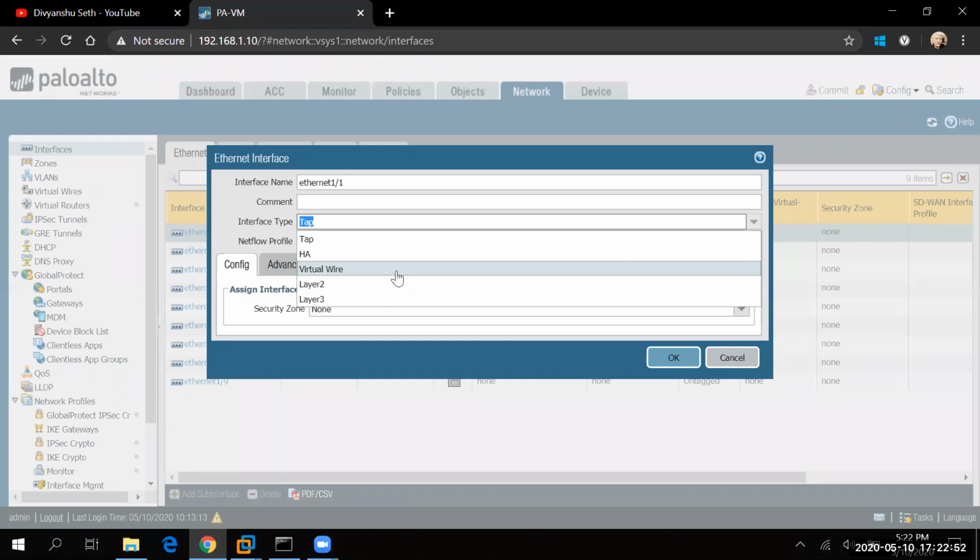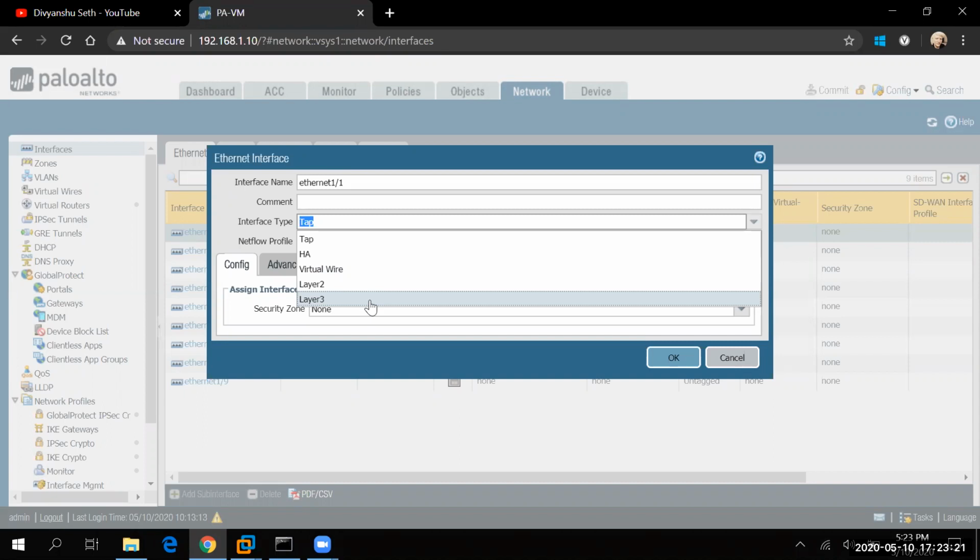Layer 3 interfaces we are going to use when we are assigning a layer 3 IP address to those interfaces. Either we can create a VLAN on our firewall also, or we can assign the IPs just like the gateway for those firewalls. For the other PCs or our inside or DMZ servers, the firewall could play a gateway role also.